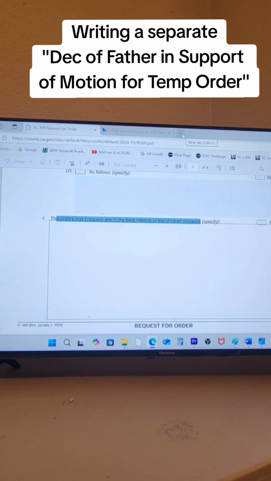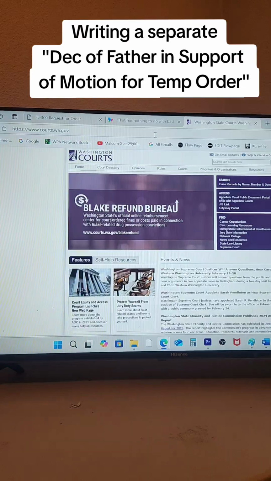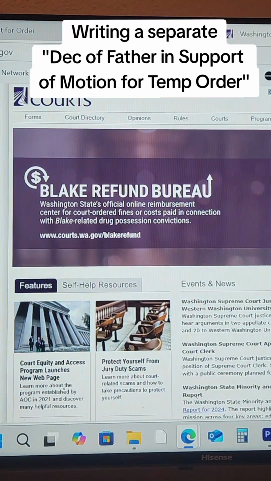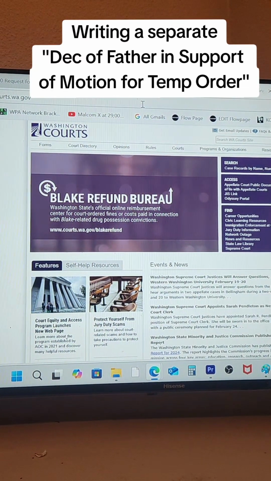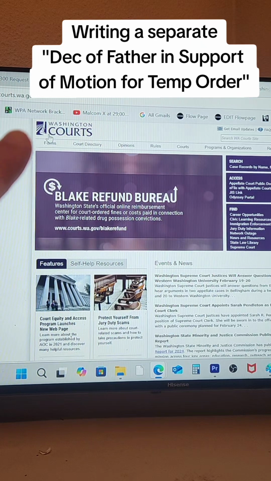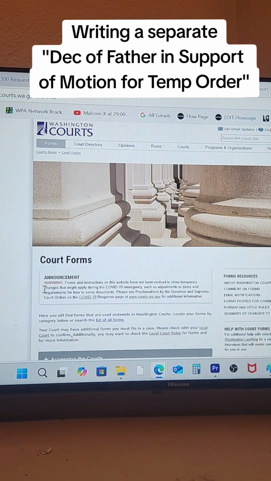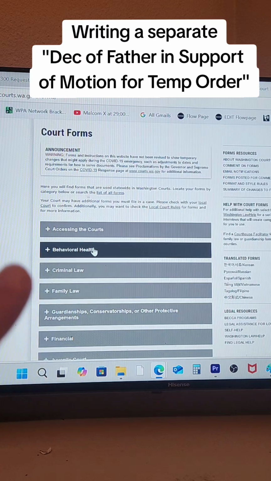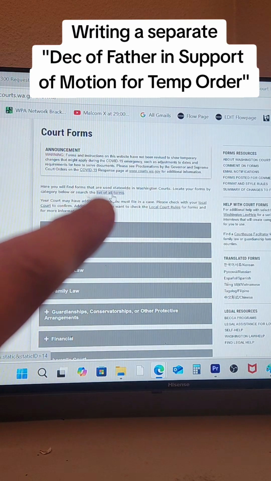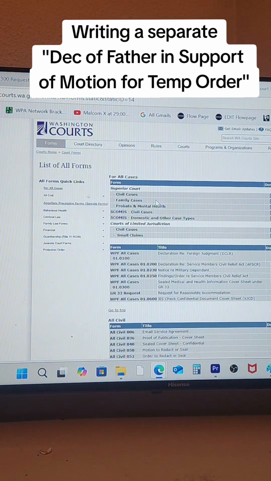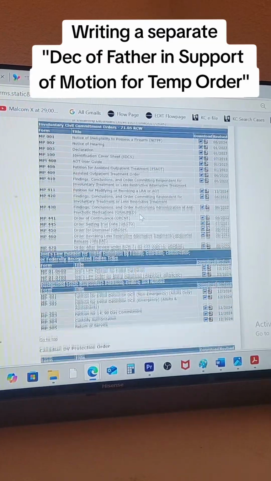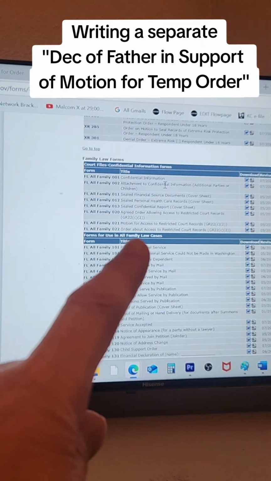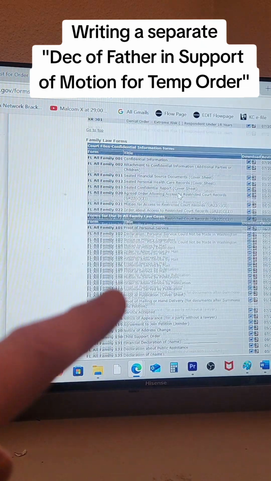Let me give you an example of Washington's forms. If I Google Washington courts, it's courts.wa.gov, wa for Washington. And I click on forms up here. For those of you in Washington, there are different categories of forms: criminal law, family law, etc. Embedded in here, I don't know why they list all forms. When we go here, here's a list of every single form under a certain heading. One of the headings here is forms for all family law cases, confidential information forms,